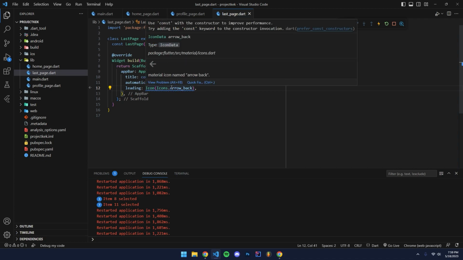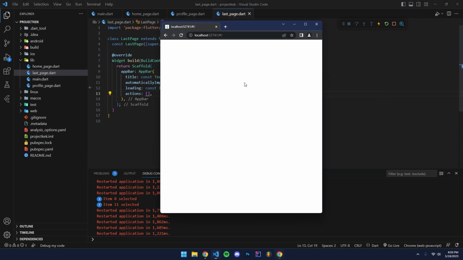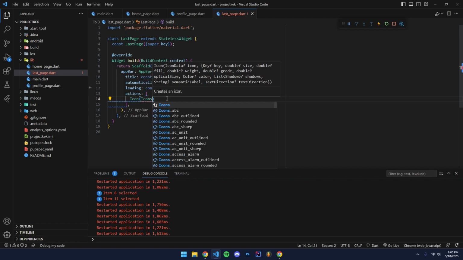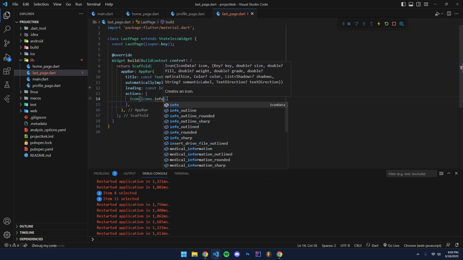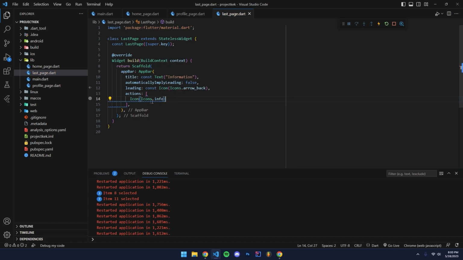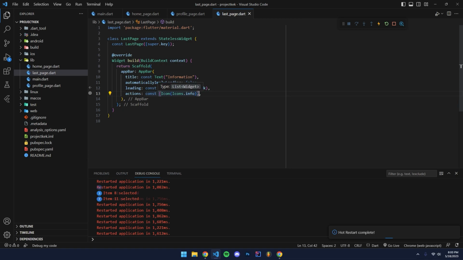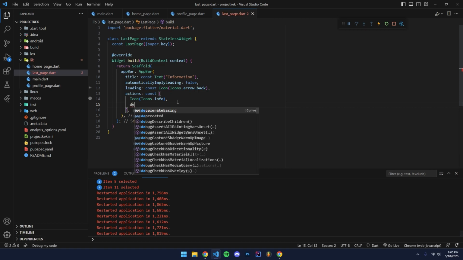So then within the back arrow we're going to make a const actions, and when the back arrow is clicked, we're going to have another icon called icons.information, or like info. Yeah, info. Then we're going to have a const, and outside this we're also going to do an on